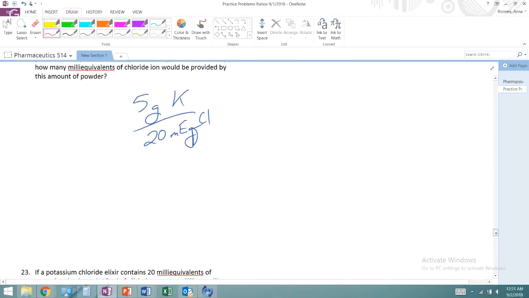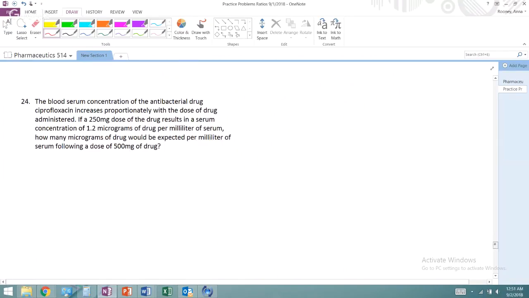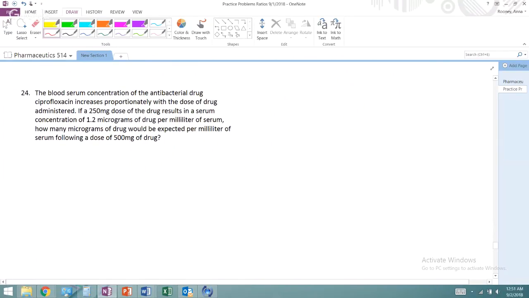I just looked at the answer for this one. It says it's 1.5 grams. So I'll have to look up that, because my brain says that's not right either, but it says it's right. So, all